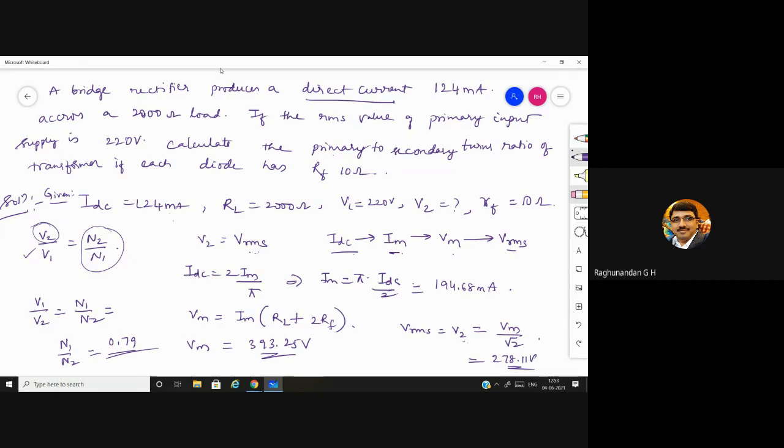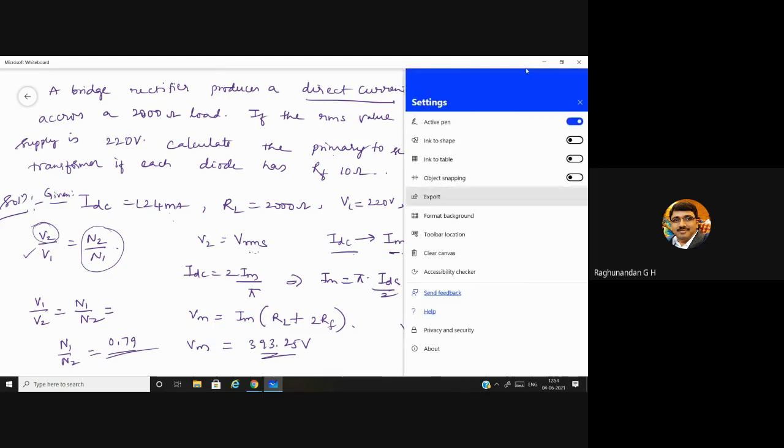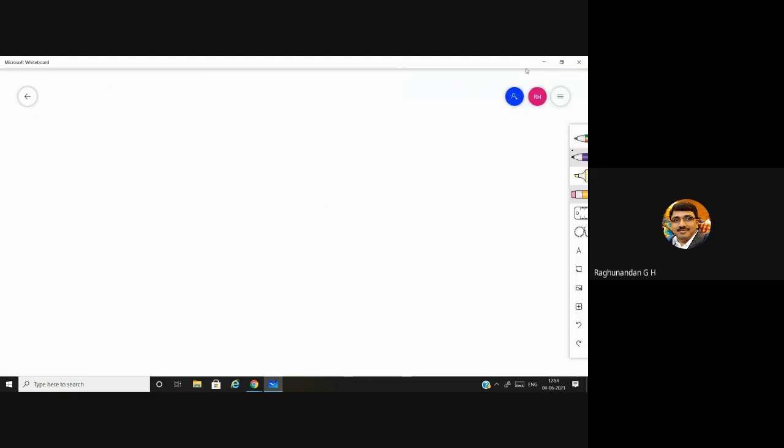Okay. So that's about the problems based on rectifier. Similar kind of problems are given in the book and also in the app. You can just go through that. That will be sufficient for the exam as well as for the internals. So in the next class, we'll continue with the other types of diodes. We are having diodes based upon applications. So that we'll do in the next class.